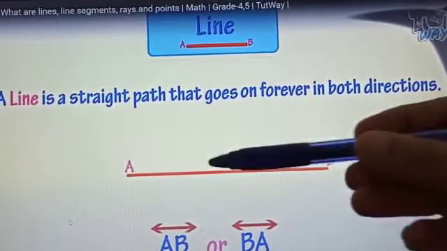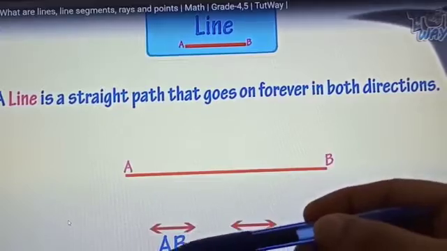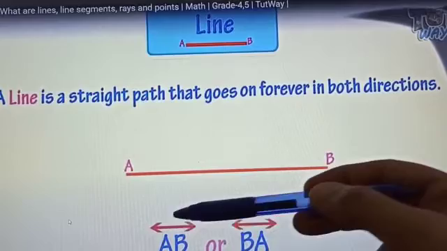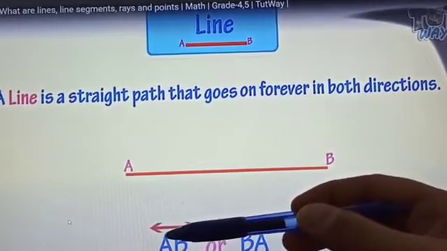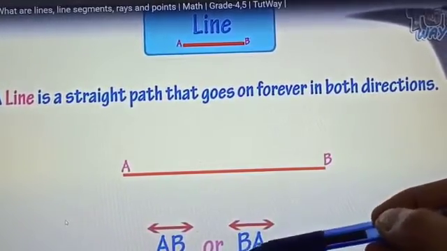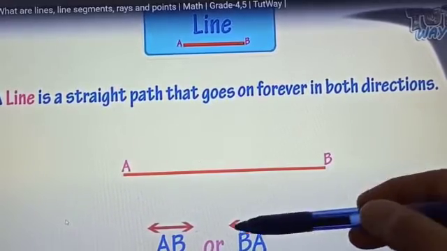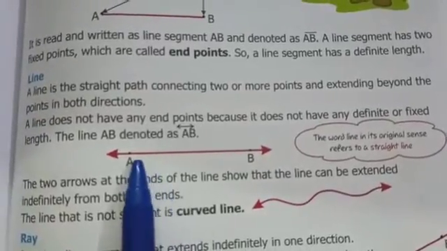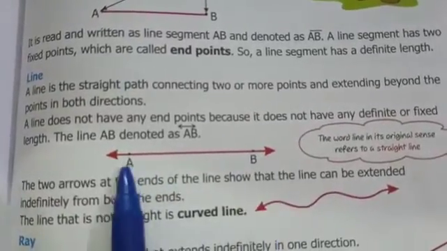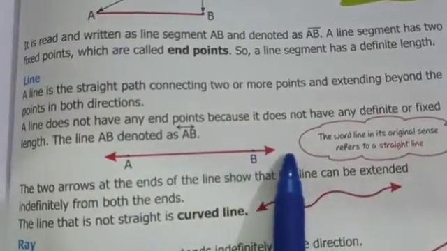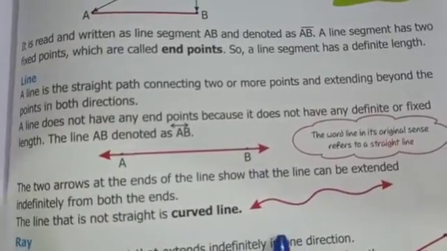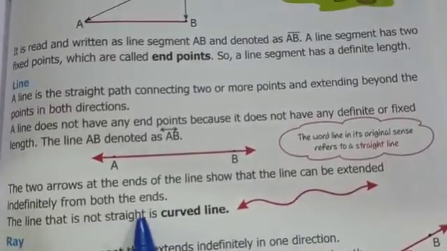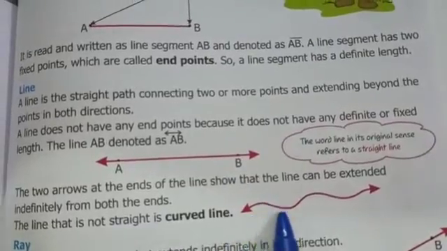for example, this was the line AB and we can write as AB and double headed arrow. See, arrow this side and arrow this side means it can extend towards B and it can extend towards A also, or BA and this bar with the double headed arrow. See, in your book line is given this way, point A and B and this side arrow means it can extend towards any direction. And one more important thing is given here. See here, it is not a straight line and the line that is not straight is called curved line, having curves, right?